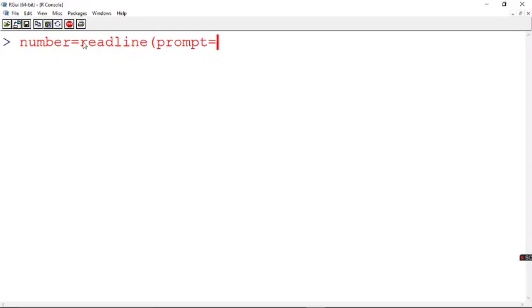Now I say readline and I say prompt. This prompt is going to be just one sentence which will help the user understand what he has to enter. So I say prompt is equal to, and I assign the sentence within double quotes: enter a numeric value.